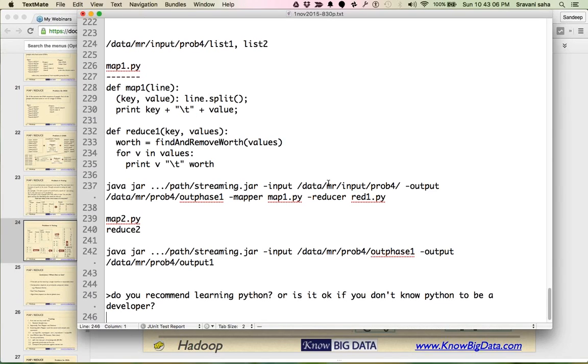Therefore, in those circumstances, I prefer writing it in either shell or Python quickly. Most of the prototyping work I do using Python, and I learned it quickly. It was not a big deal to learn a new language if you know a language like Java or C++